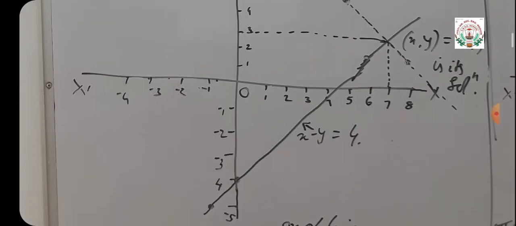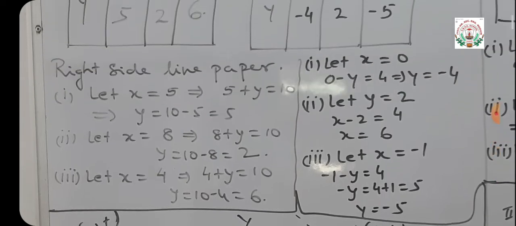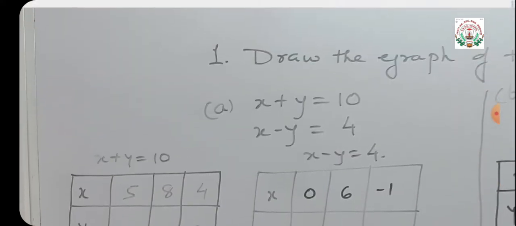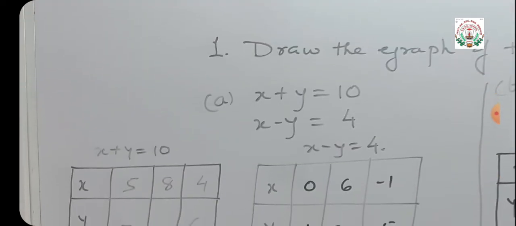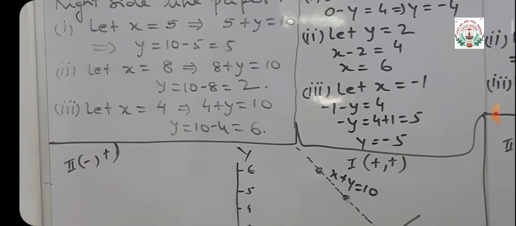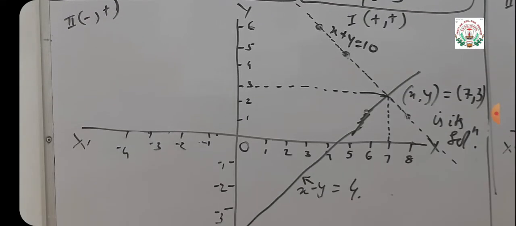Now the first condition I explained to you was that a1 by a2 is not equal to b1 by b2. If a1 by a2 is not equal to b1 by b2, then the graph lines will intersect. So here a1 is 1, a2 is 1, a1 by a2 is 1 by 1, which is 1, and b1 by b2 is 1 by minus 1, that is minus 1. So 1 is not equal to minus 1. So the first condition for a unique solution is satisfied. That means the graph lines will intersect each other.